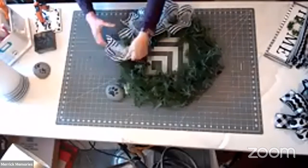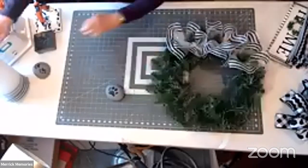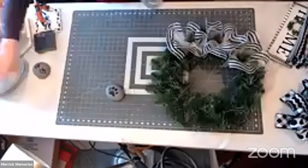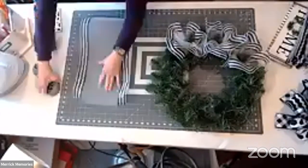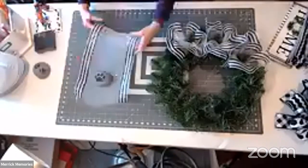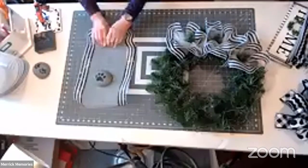There we go. Three down. Get my little pet rock there. My little puppy rock for kitty cats. I do have a cat. I usually talk about my dogs, but